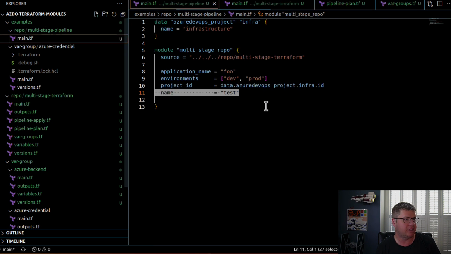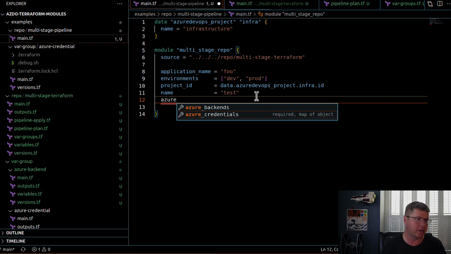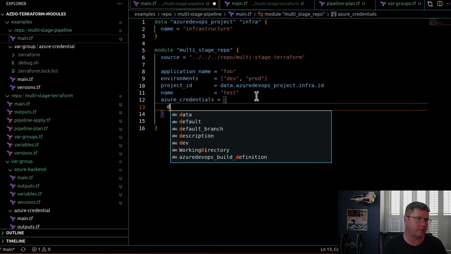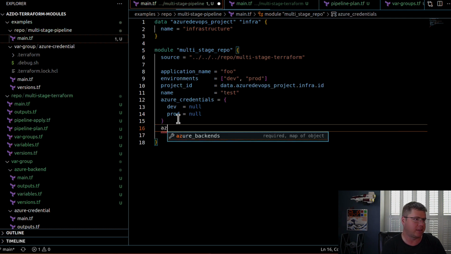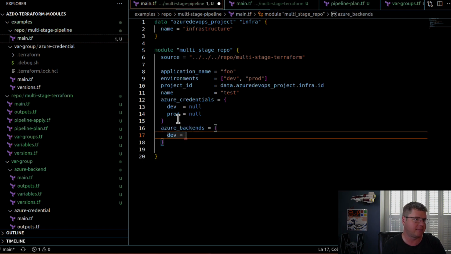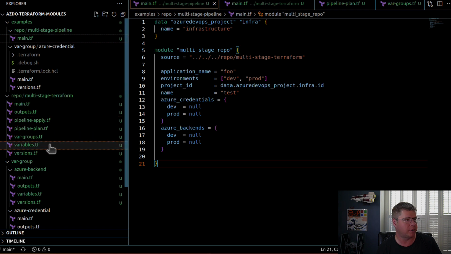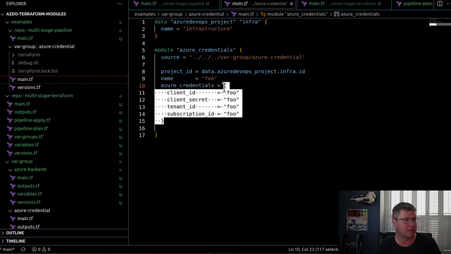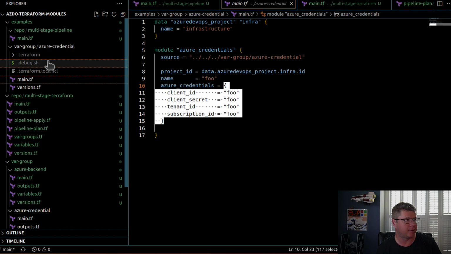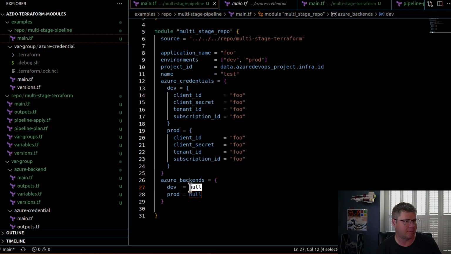So let's look at this. We do not have the things that we need. So first of all, we need to have an Azure credentials, which is a map. So right off the bat, we're gonna have dev, and then we're gonna have prod, and then we're gonna have another thing called Azure Backends, and it's also a map, and we're gonna have dev, and we're gonna have prod. Okay, and then we are going to steal some of our sample code, because we already have an Azure credentials object here. So I'm just gonna snag this object declaration, and I'm going to jam that in right here for dev, and then I'm gonna jam that right there for prod, and then I'm going to jam here for